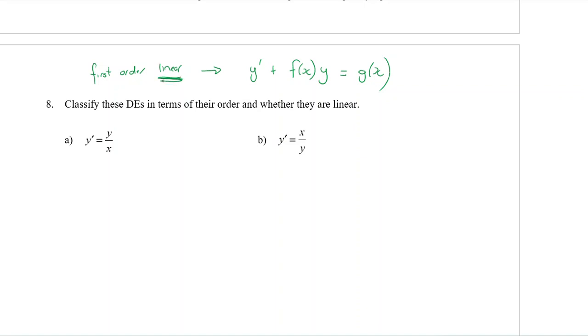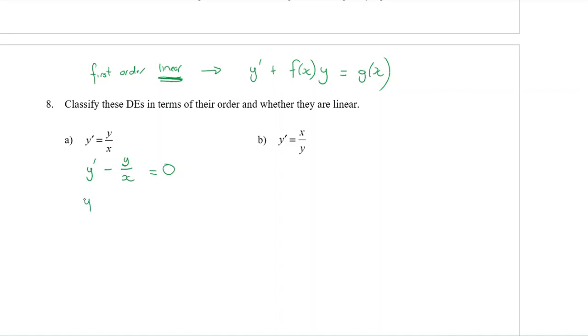It's really the linear part that you're worried about with that. The first order just means the highest derivative is degree 1, like 1, right? So you can see for part A there, the highest derivative is 1. So it is first order, but is it linear? That's the other part I have to answer. So let's see if we can rearrange it and try and get it into the right form. If we leave the y dash there and I move the y over x across to the other side,